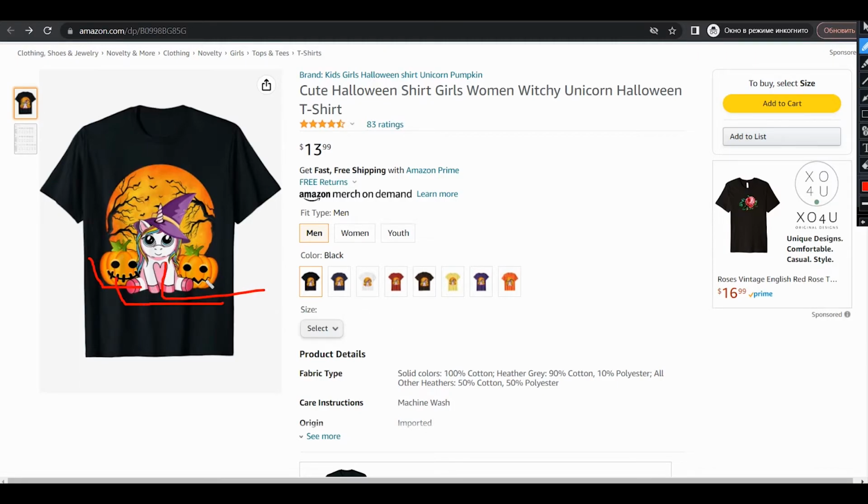They look quite cute, and usually you have a very big amount of sales for kids, for boys and girls, on the Halloween holiday. And this kind of design will definitely get better sales because